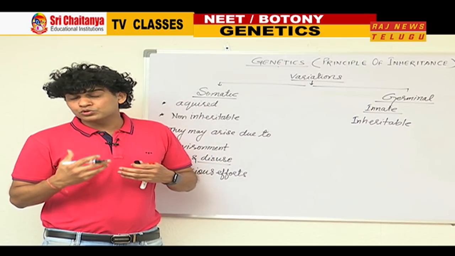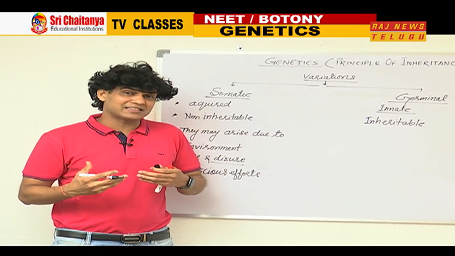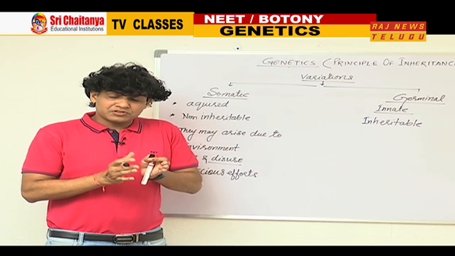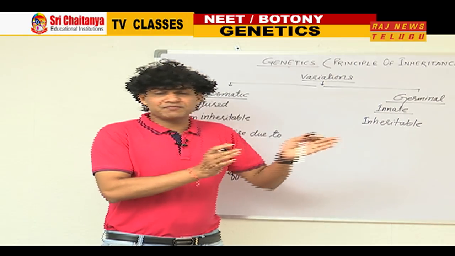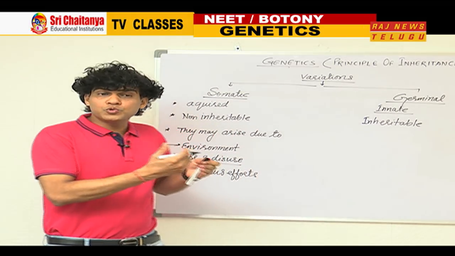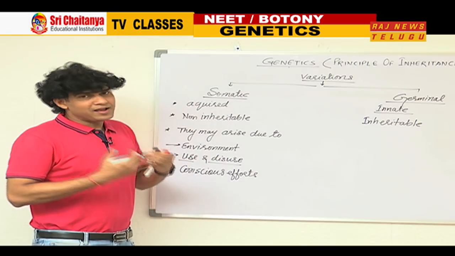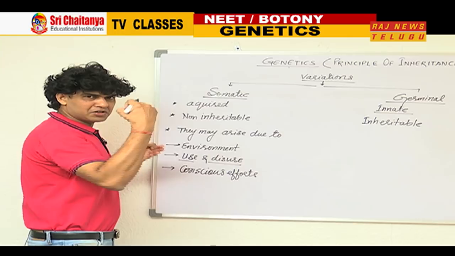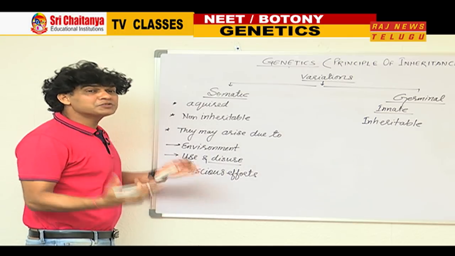But if I will not go through any kind of gym or physical exercise, then I can't build up such a muscular body. So someone has a muscular body, someone has a weak body. The difference is because of what? Because someone used this muscle power to build up the body and the other one is not using it. So this variation between a muscular body and a weak body is because of what?